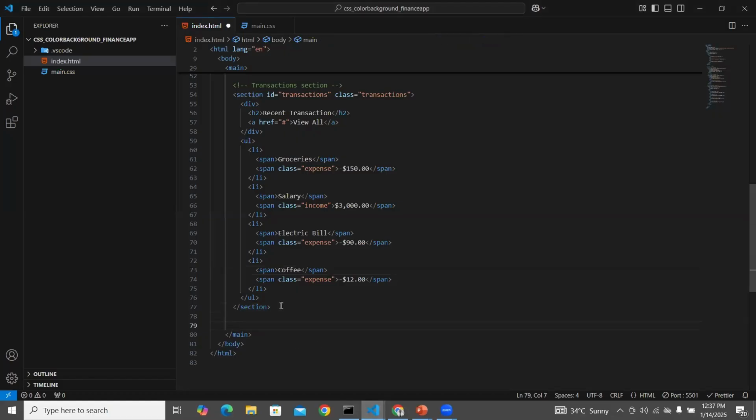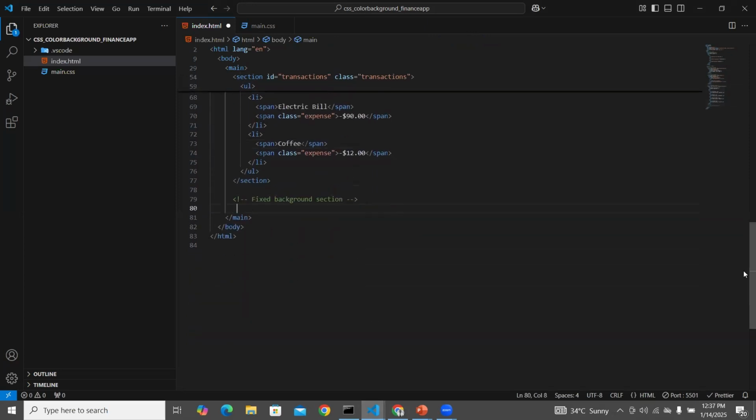I think the last section here is the fixed background section. Just say the fixed background section. So for the fixed background section, we have section 2, right? And I'll just use ID of, so just to uniquely identify that section, I will say ID of fixed background, right? And here we are going to have